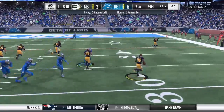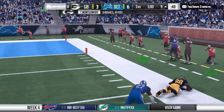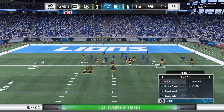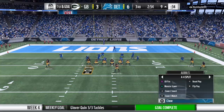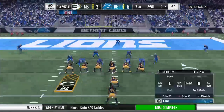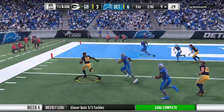They'll try to get something going with Ty Montgomery. And he gets it inside the 10 to the 9. That one good for 17 yards, and now they've got it first and goal. Absolutely love the run right there. This guy's known for his quickness, but also for his speed. He's able to get to the second level almost before you blink if you give him any type of...